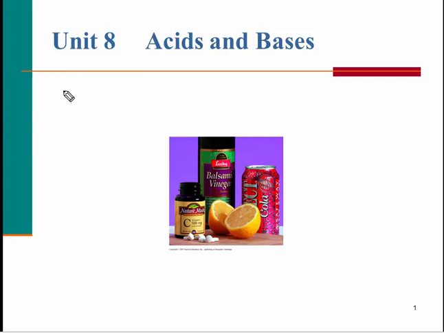Alright, this is the first video of a series that will discuss acids and bases. It says here Unit 8. I believe this is actually, however, Unit 9. In this first video, we'll just talk about general features of acids and bases, and we'll talk about naming acids and bases,